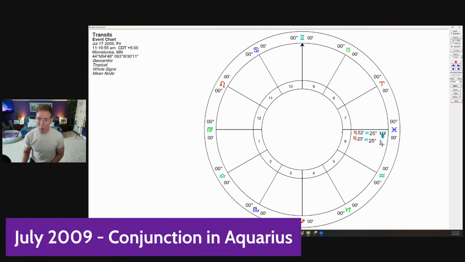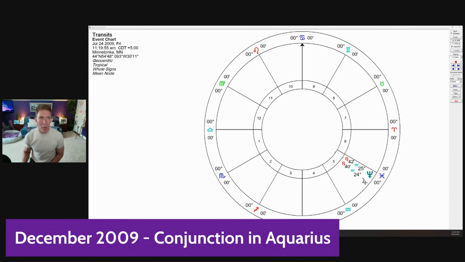Now, if we go forward just a little bit more, we're going to see that by December of 2009, the two planets come together one more time, and they come together now at the 24th degree of Aquarius. So the conjunction has taken place on three separate occasions, spread out throughout all of 2009: May, July, December. Okay, so that year, with those two planets in my career house, Aquarius is my 10th,